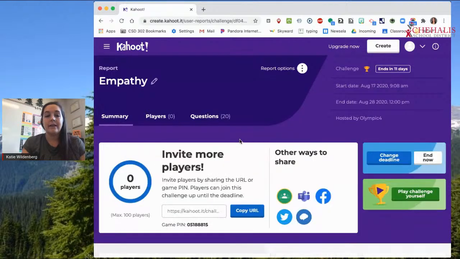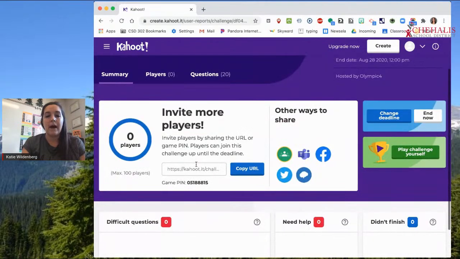And here's going to be my Kahoot. On here, you can copy the URL and post it in a website or whatever, but they've made it easy to where you can just post into Google Classroom. What you're going to need though is you need to take the game pin and copy it. So to copy something, you highlight it and hit Command C, and then it's saved. So when I hit Google Classroom,